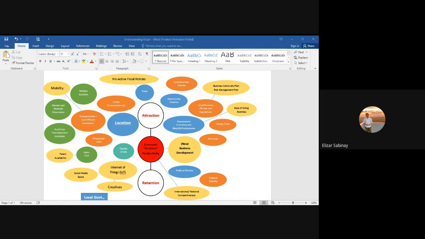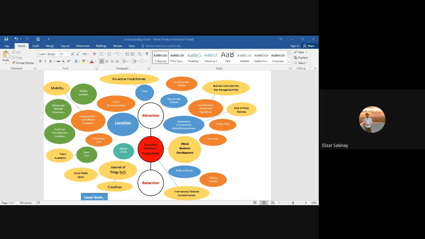And in relation to Internet of Things, there will be the social media space and also the creatives. I would like to highlight this, and also because the context today and the context before is totally different. If you look at the gap, it's just, let's say, 12 or 13 years ago. But development is really fast, especially when the technologies are here.